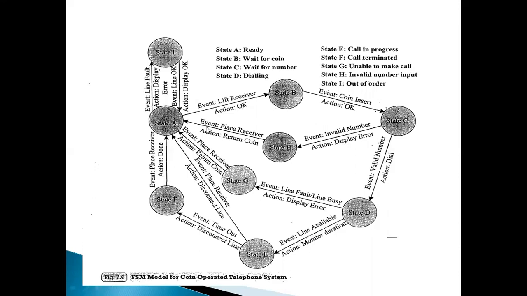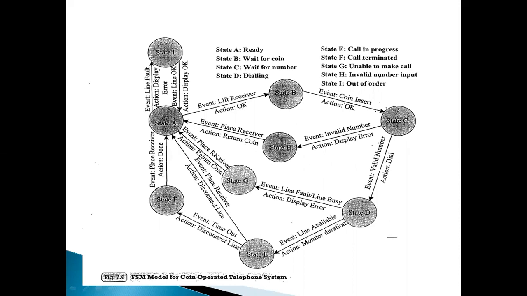Another possibility is you place the receiver. Once you lift the receiver and put in the coin, if you place the receiver, it will return the coin.